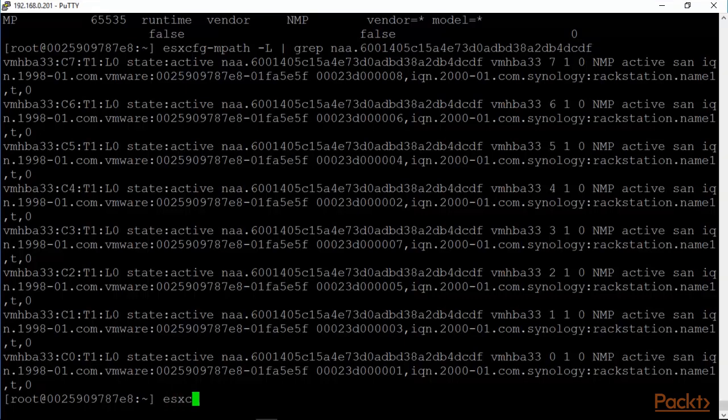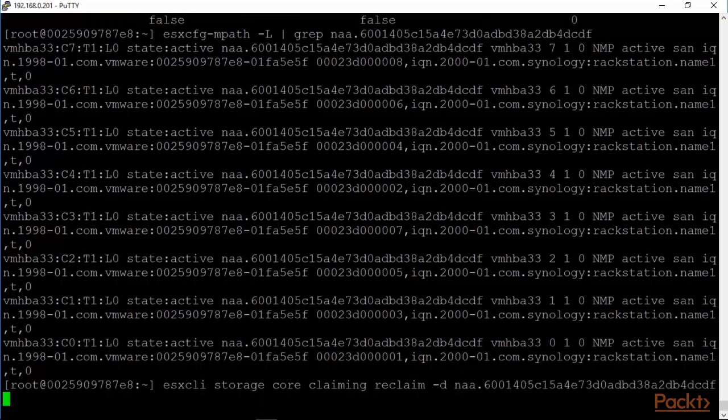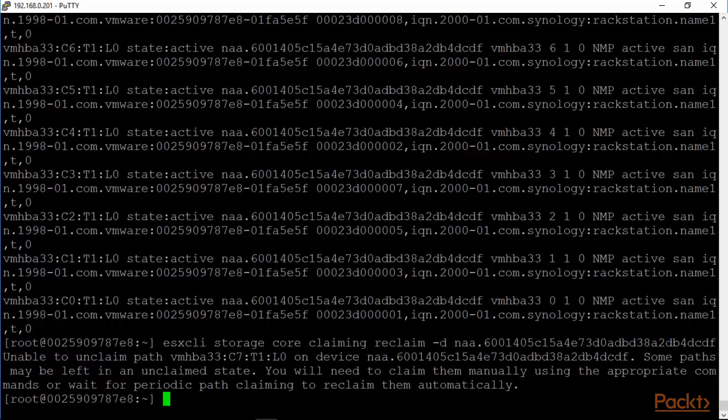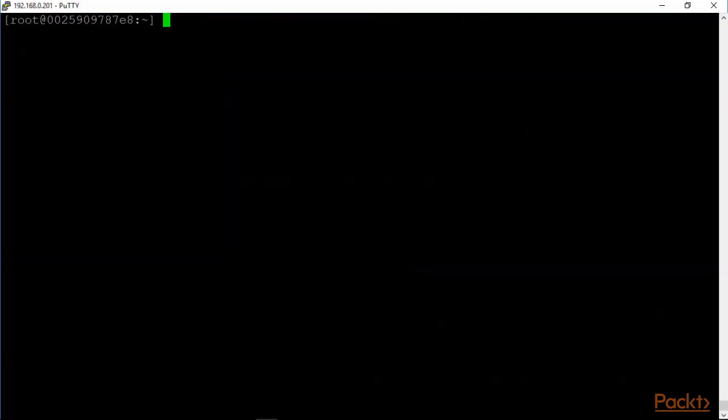It's ESXCLI storage core claiming reclaim. What that does is look at the new set of claim rules and then reclaim a device based on those claim rules. So I will right click to put that device ID in there and hit the enter key. And what it says is that it's unable to claim that path, because some paths may be left in an unclaimed state. So we're going to create a claim rule, esxcli storage core claim rule add dash rule